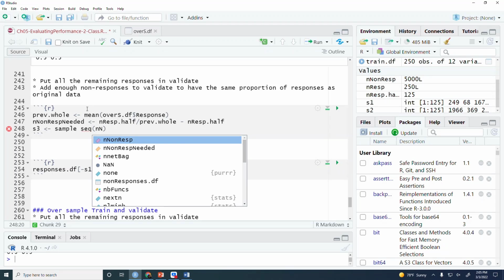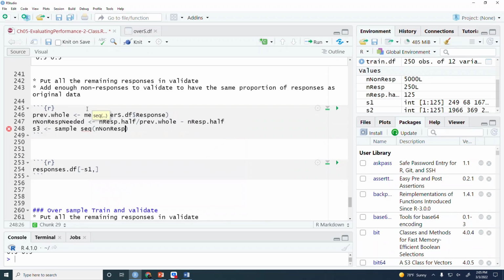N non-responses, divided, and then how many we need? N non-responses needed. So that will give us how many we need. So S3 would be from the non-responses, then you figure out